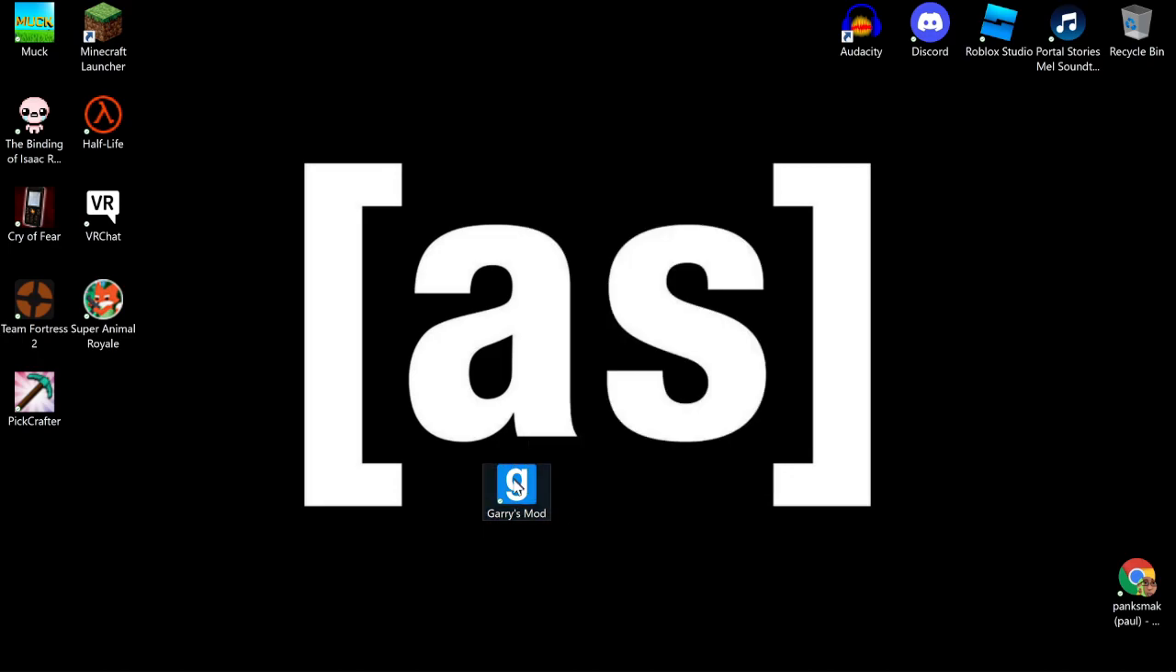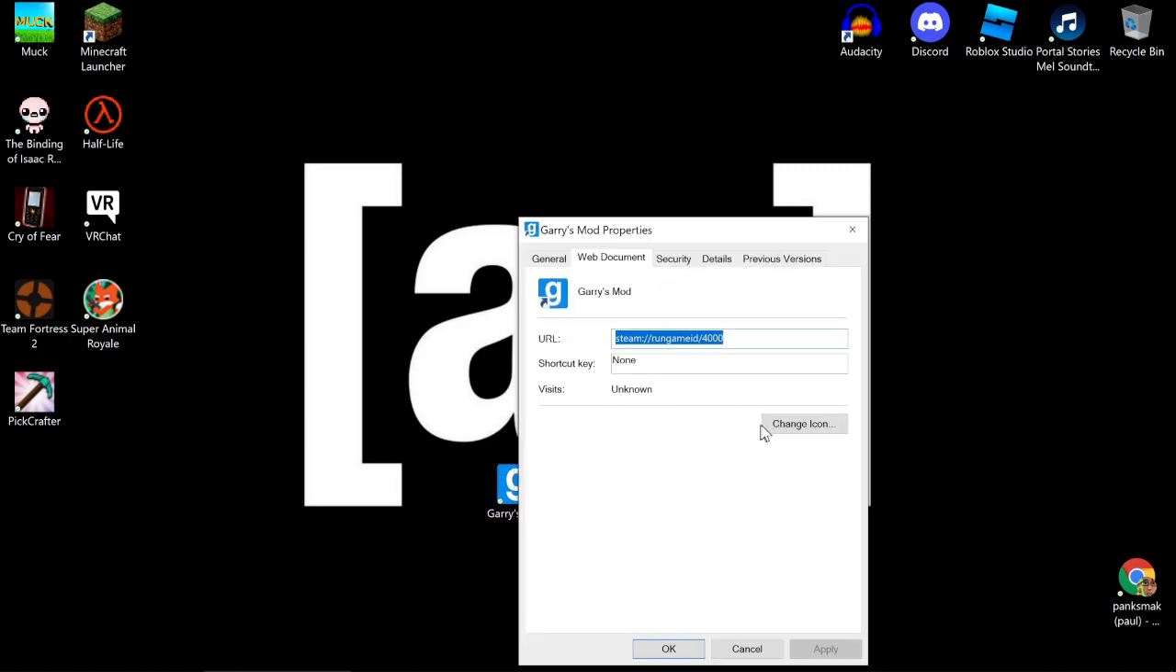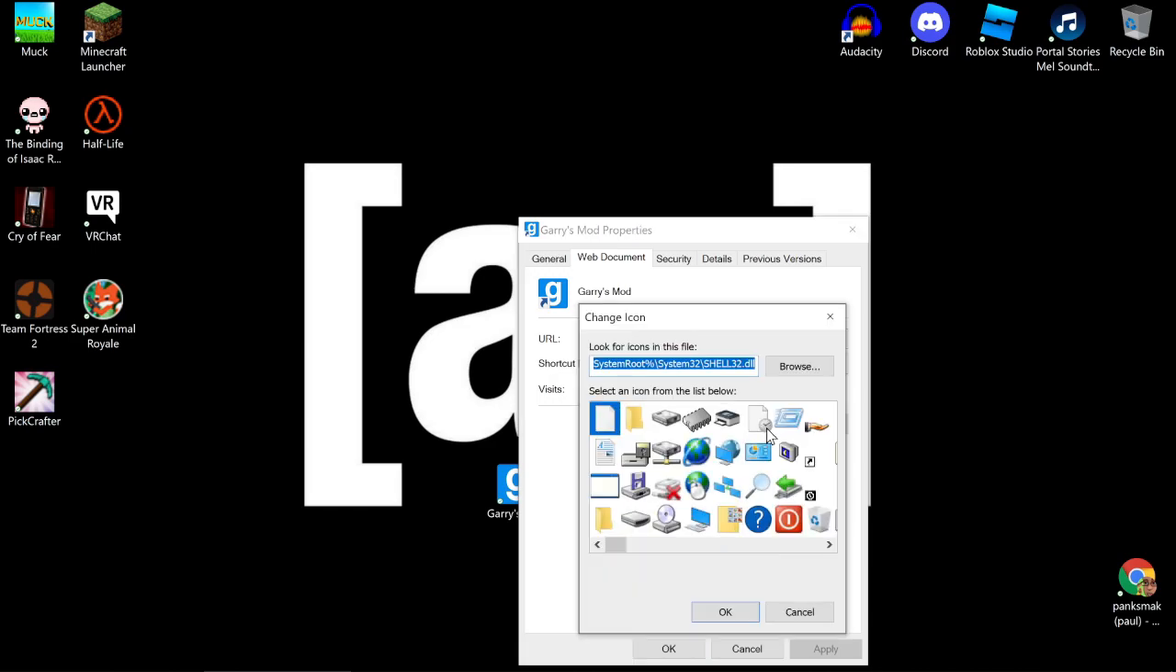it was a little white page, then you want to go into Properties, and then go into Web Document, and then click on Change Icon. So if it looks like this one, this is how you fix it. If it looks like this,